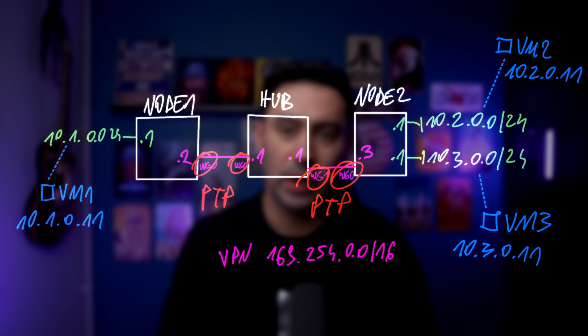Each tunnel is configured to have quad zeros in the allowed IPs section, which allows it to route any network via that link. The question is, why go through all this trouble to have a separate WireGuard interface on the hub, point-to-point links and quad zeros in the allowed IPs section? We could just do a wg-quick script and have everything ready in a few minutes. That's true, but then your network will be fixed, predefined. Using static routes is a good option for small networks. However, if you'd like your network to be scalable and able to dynamically adapt to changes, you need to go